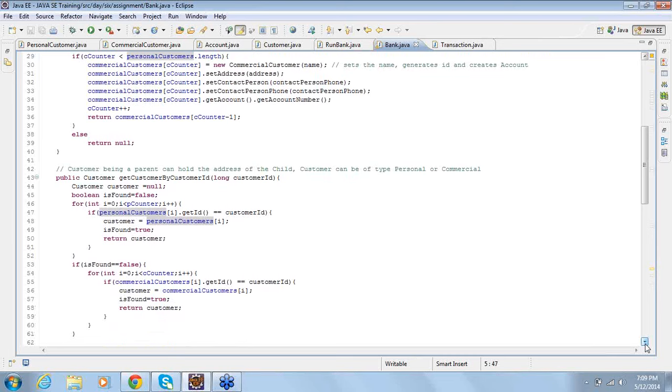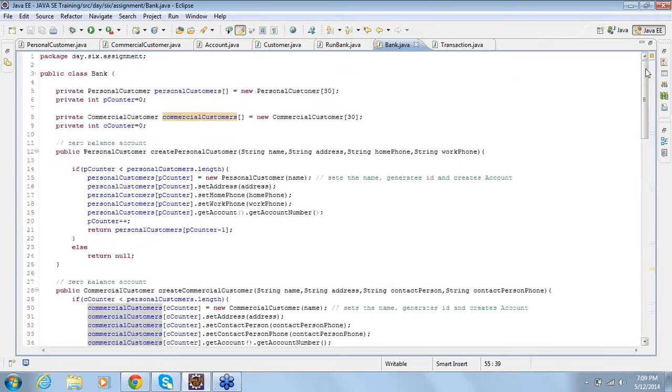So with the help of customer ID, I have to search for that customer in personal customer array as well as commercial customer array. Since we have two arrays, I need to search in both arrays. Instead, can I store both the customers into a single array? Can I store personal customer as well as commercial customer into one array?